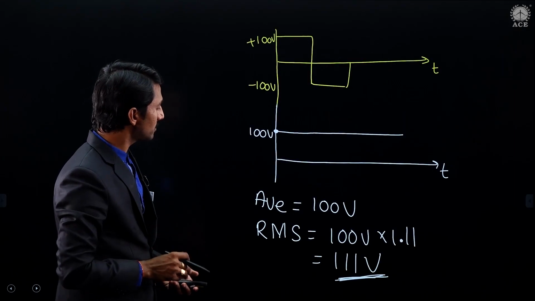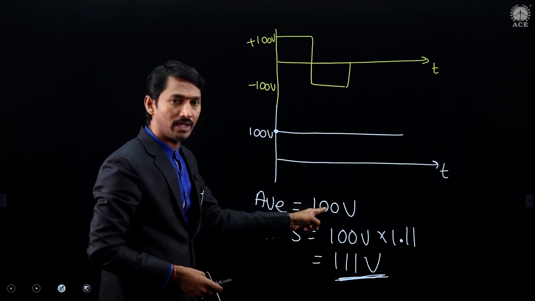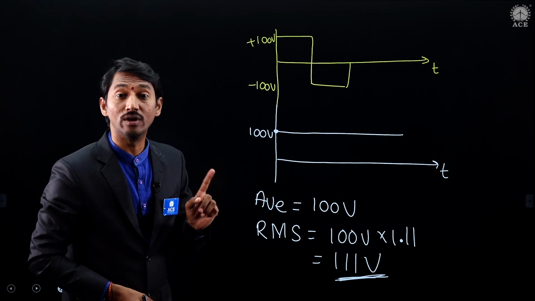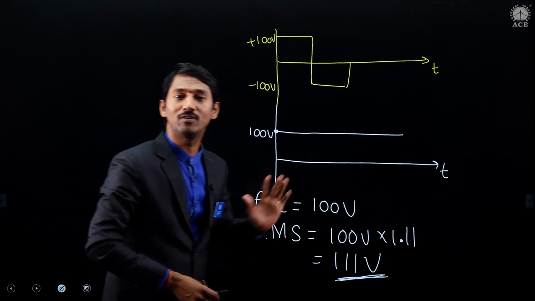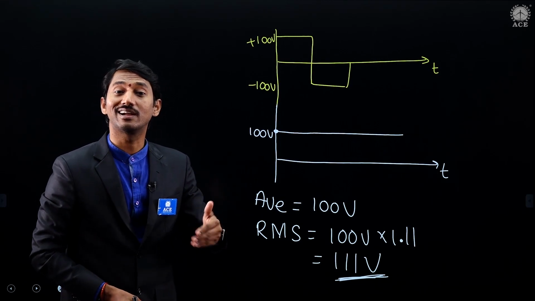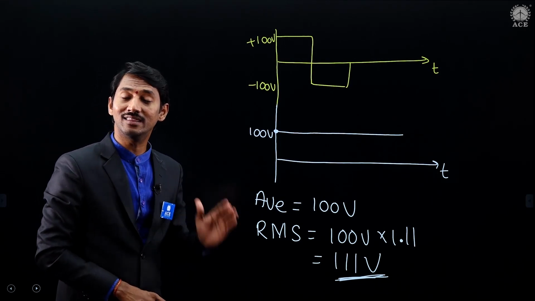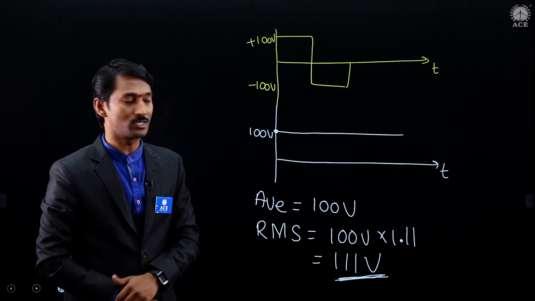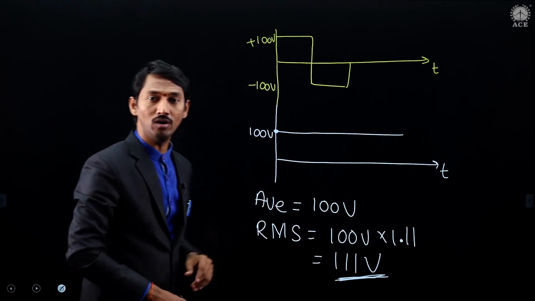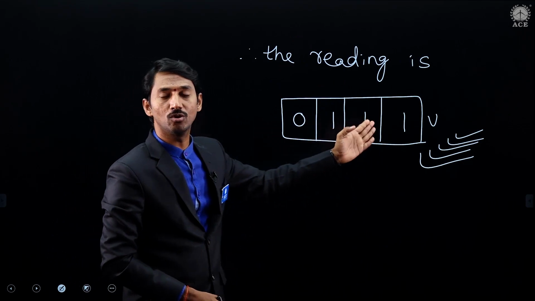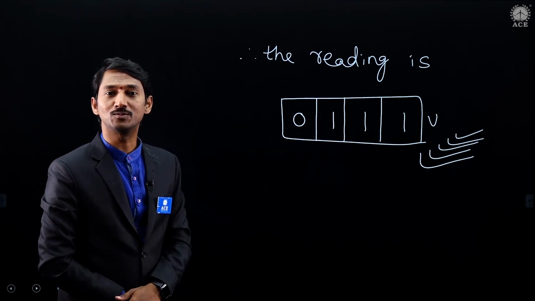Here the problem is, generally we treat this as, okay, 100 volt, the display will be 100. No, it is a rectifier type. Therefore, we need to multiply with the corresponding form factor. That is generally called the correction factor also, in the rectifier type instrument. So that's why we need to multiply with 1.11, thereby 111 volt. So finally, yes, 0, 111 volt is the display.